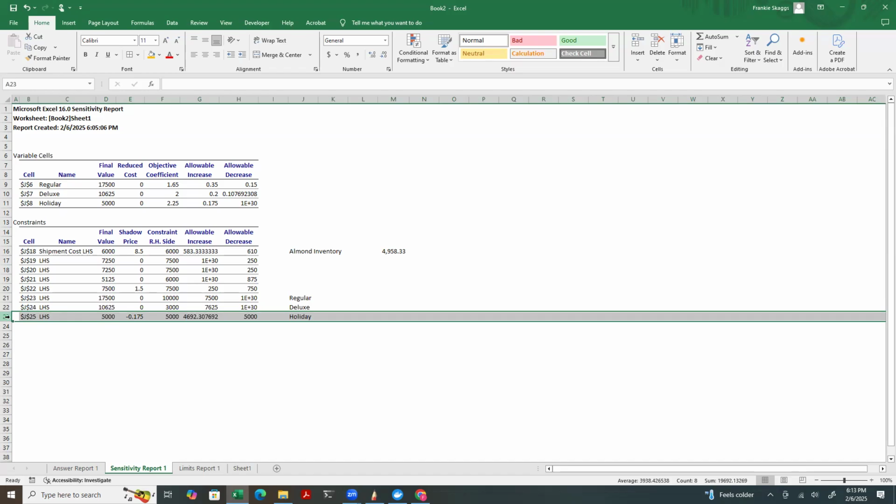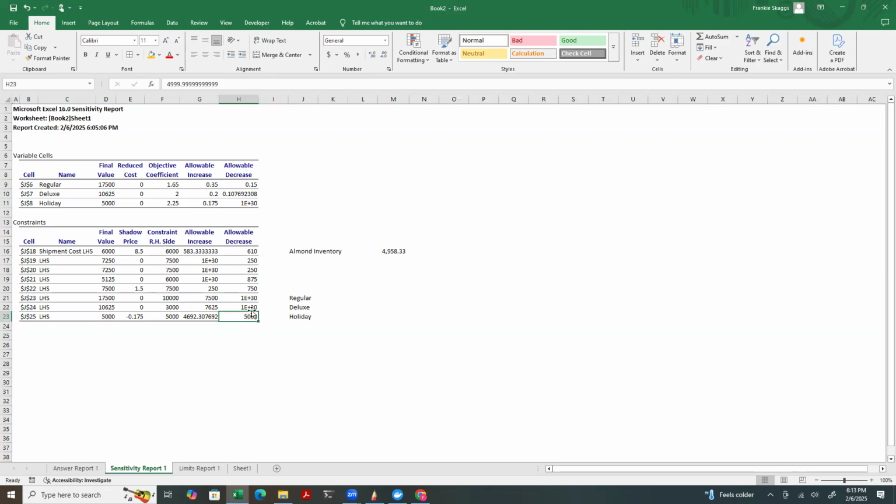So this would be one area that, if I felt that I could not fulfill the existing product orders, I may want to do that, because this holiday mix is taking away some of the other nut material from other products that could yield a higher profit overall. And notice if I look at the range of feasibility, this can be extrapolated all the way down to 0, right? I go from a constraint right-hand side of 5,000 and my allowable decrease is also 5,000 there. And so that would be my suggestion to